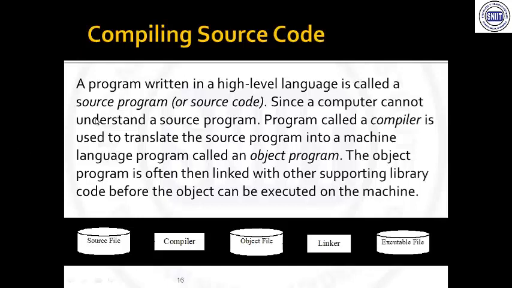Now just see here, a program written in a high level language is called source code. What programming language you are using, like a C language program, will be saved with .c. C++ programming is saved with .cpp. Java language is saved with .java. PHP programming, .php it has to be. There are so many different programming languages which are nearly closer to human communication languages, like high level languages.